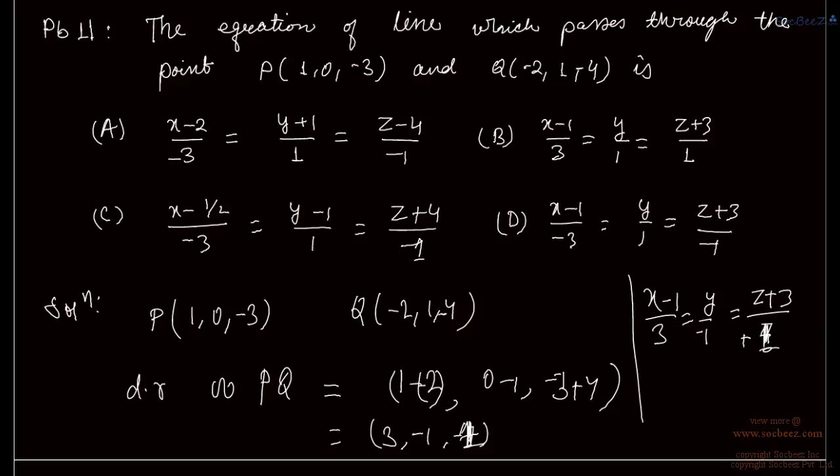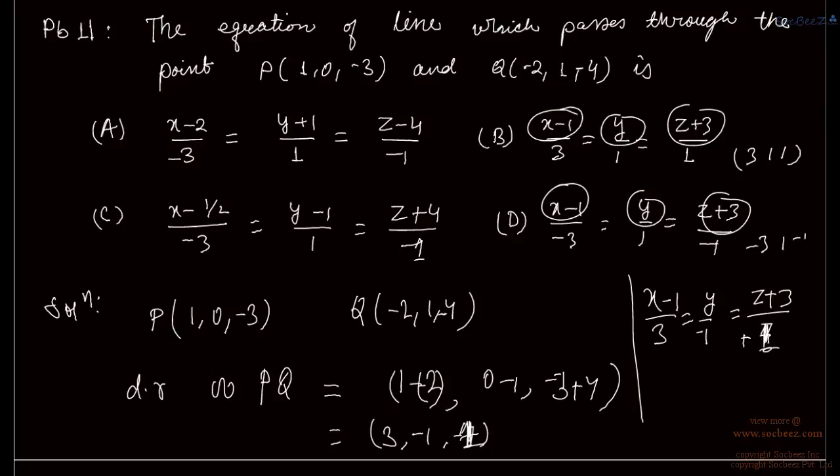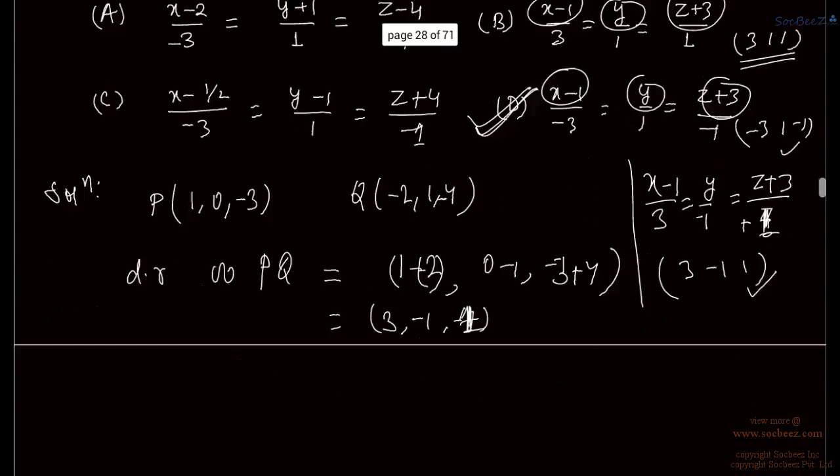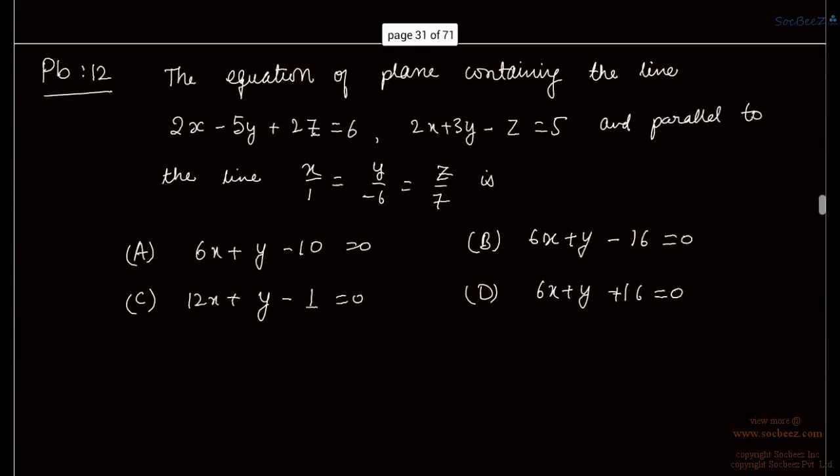So if we see which of these equations satisfy this one, the first parts are the same as above. But if we check below, its direction ratio is 3, 1, 1, whereas the other is -3, 1, -1, and our direction ratio is coming as 3, -1, 1. So this direction ratio is the same as this direction ratio because its ratio is -1, whereas this is not the same case. So option D is correct, right? Okay.